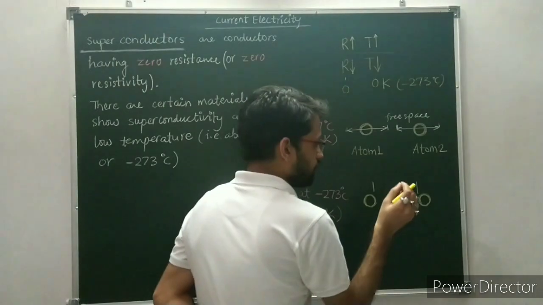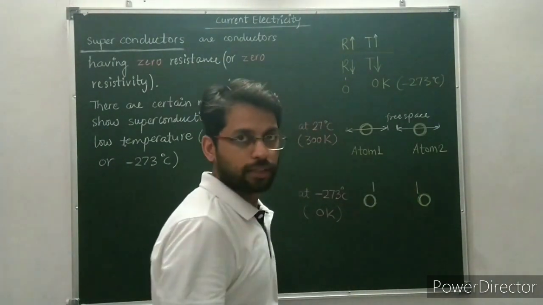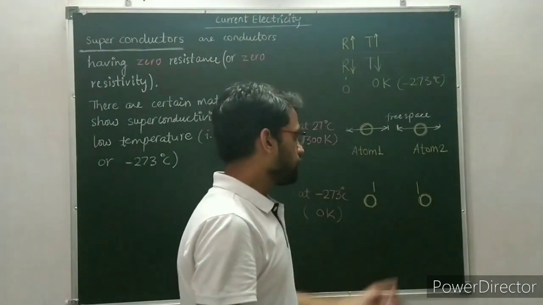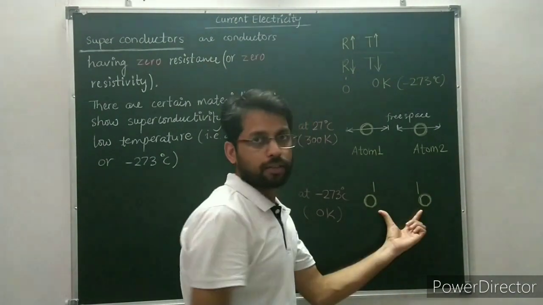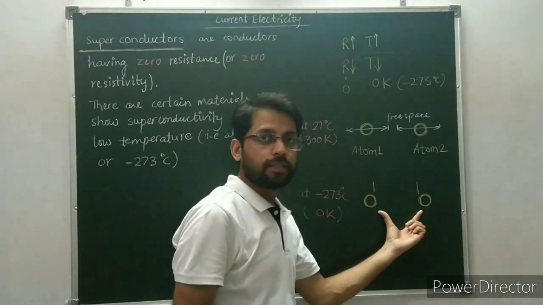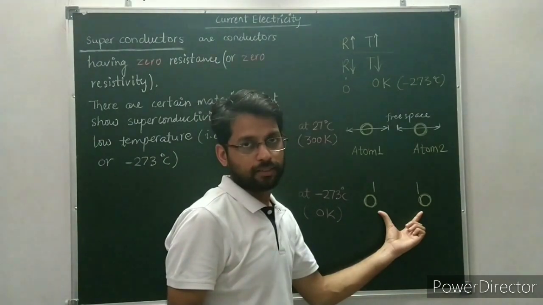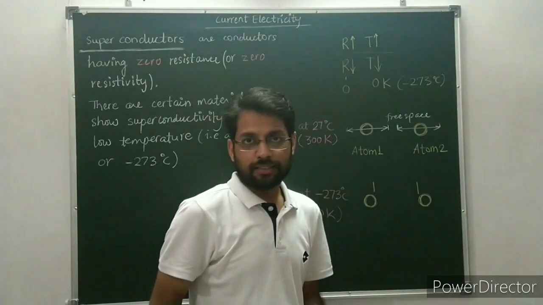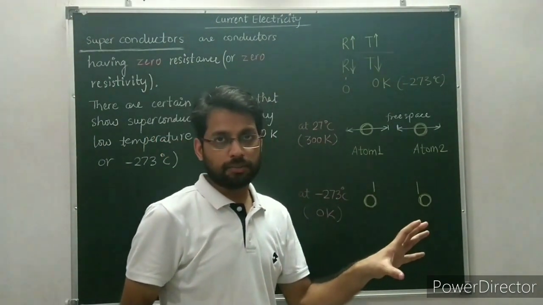Okay, and in this case, when the free electron is moving through the conductor between these two atoms, okay, then there will be no collision because there is a lot of free space for the free electron. And when there is no collision, means there will be no opposing force and no resistance. Okay, so which defines the resistance? The collision between the free electron and the atoms